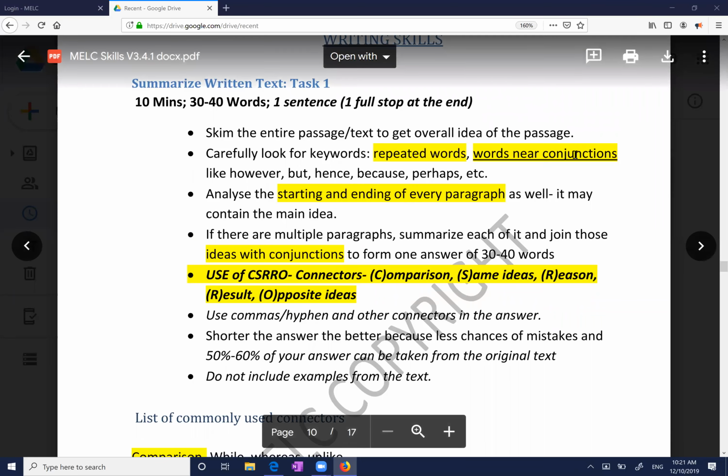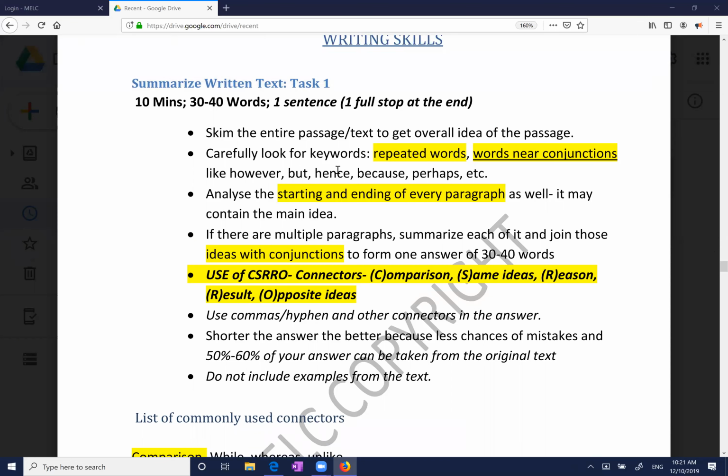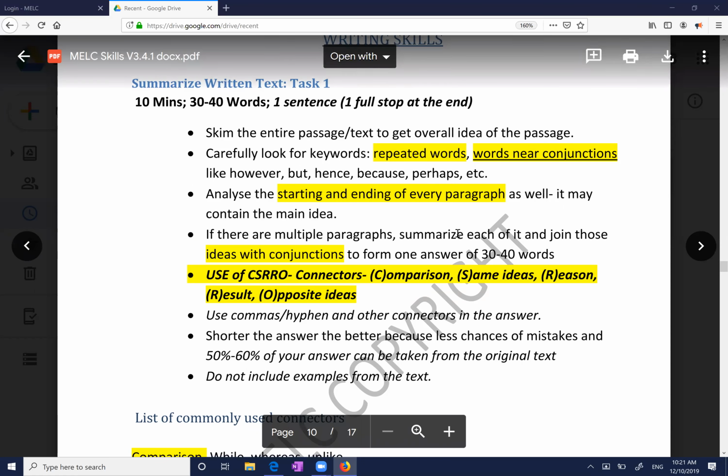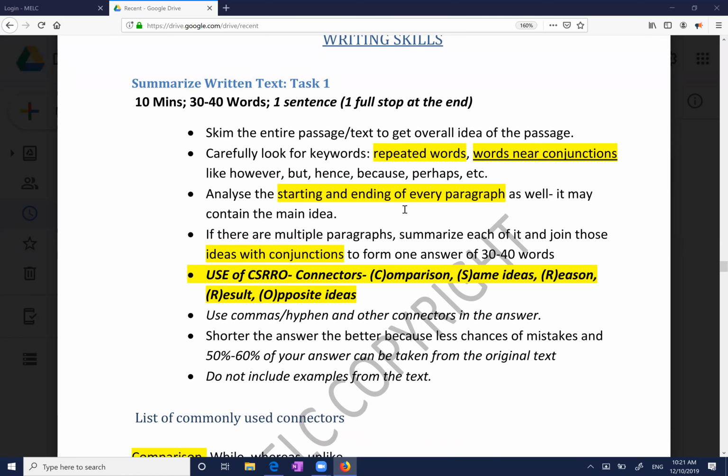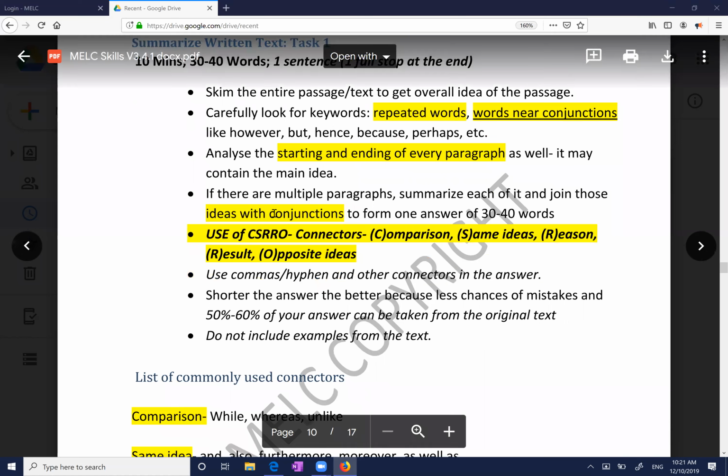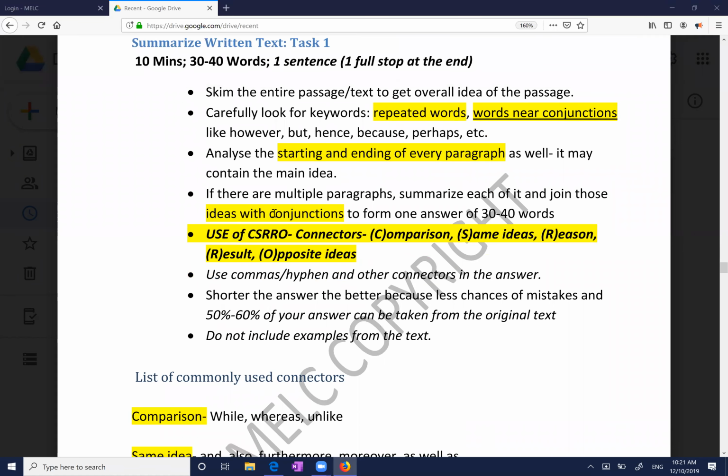What are conjunctions, by the way? Conjunctions are connectors, because any information around connectors is definitely important. The starting and ending of a paragraph sometimes has main ideas. After that, if there are multiple paragraphs, and we discussed it a couple of days ago when we did writing task one from a newspaper, the approach should be that you summarize each paragraph